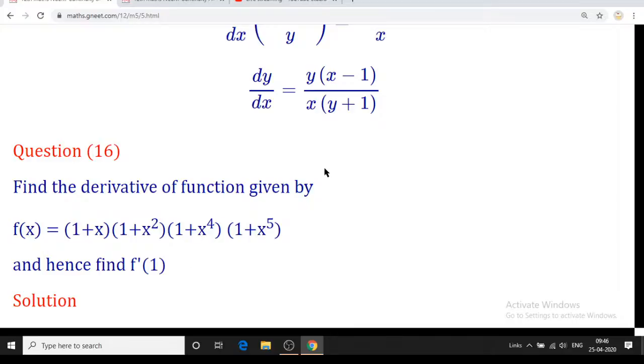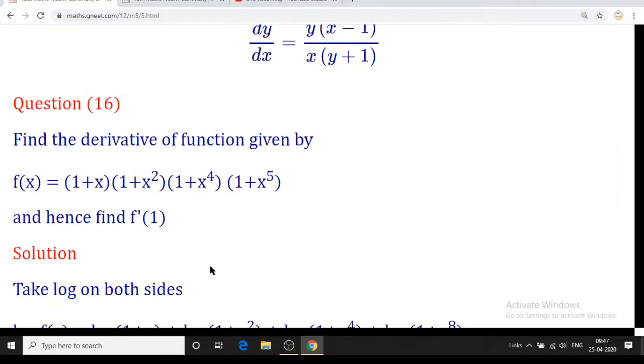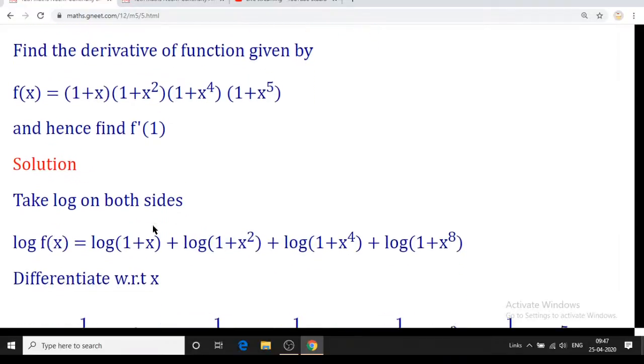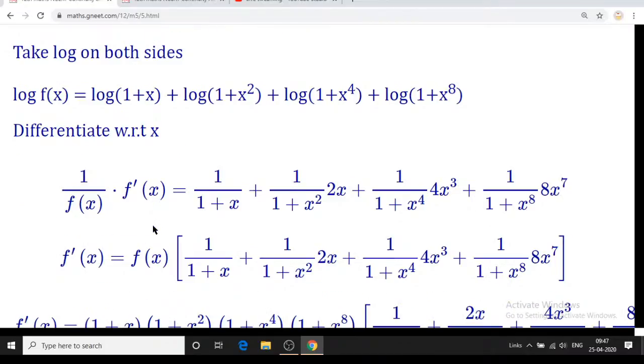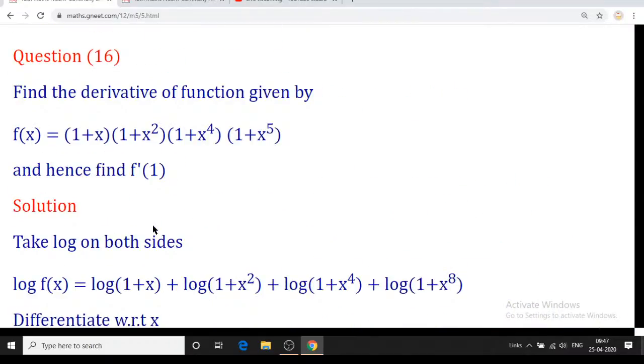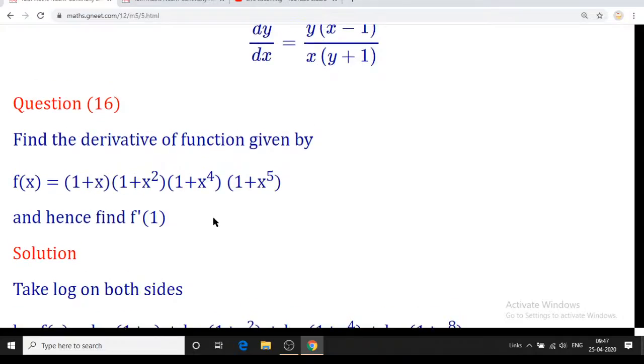To get the f dash of x, it is a multiplication of 4. We do not have any formula for u v w k, so that is a log. So we have to go for the log. After getting f dash of x, to find f dash of 1 you have to replace every x by 1. That is only the additional part. And I have the full guarantee that the students can solve this. So that is the complete logarithmic function and its derivative.